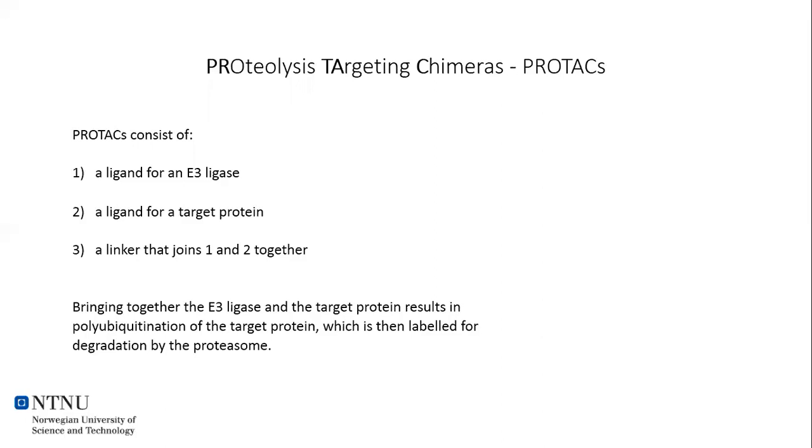And generally speaking, PROTACs consist of three parts. First is a ligand for an E3 ligase, a ligand for a target protein of interest, and also a linker that joins both ligands. Now, in my case, the MZ1 PROTAC binds BRD4, which is a protein of interest, but also it binds Van Hippel-Lindau E3